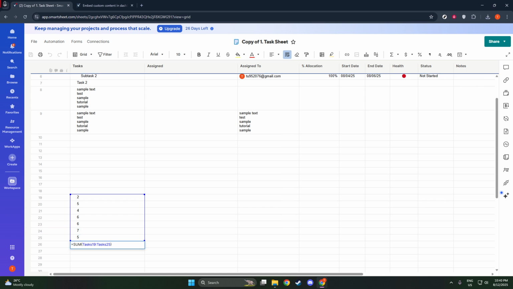And there are a few different ways you can use it to customize which part of your reference remains fixed. The first possibility is to lock the column while leaving the row flexible. To do this, you simply use the format $column name. By placing the $ before the column name, Smartsheet understands that the column should remain unchanged if the formula is